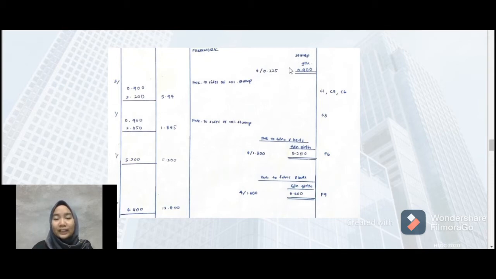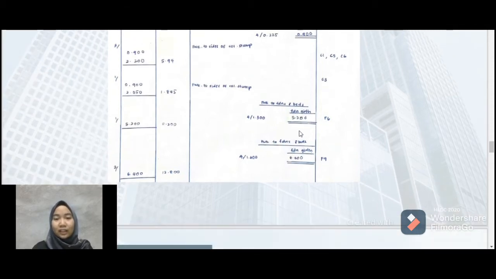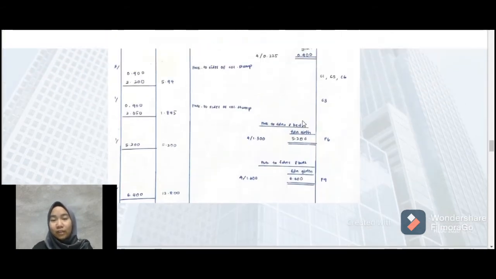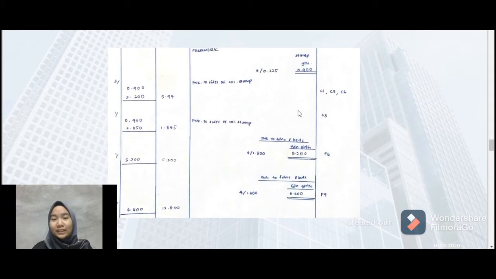So we can get the new length that we must calculate to get the formwork to the size of the column stump. For this length, we can get it from the size of the pad footing. We times it by 4 because this is the perimeter of the size of the pad footing. Alright, we must repeat the step if we have a different size or length in our pad footing or column